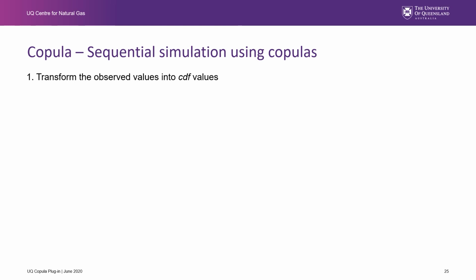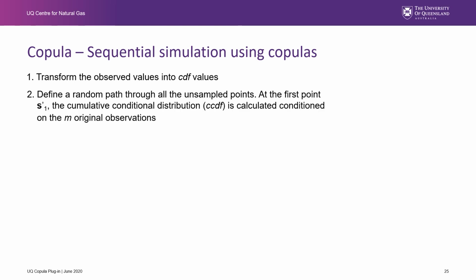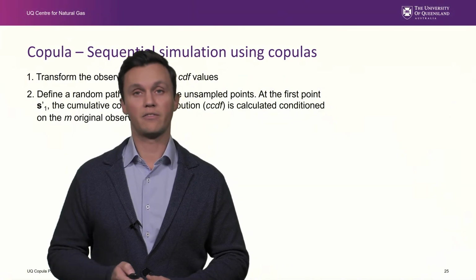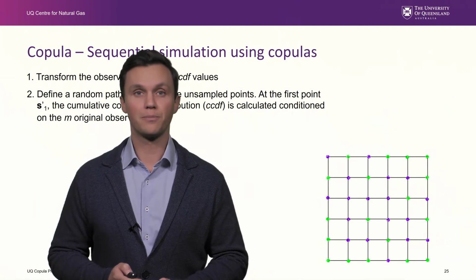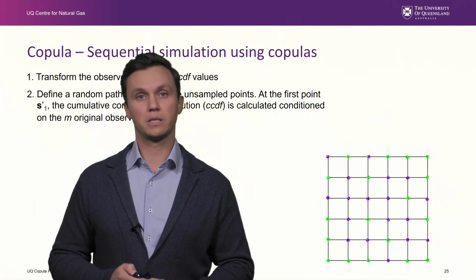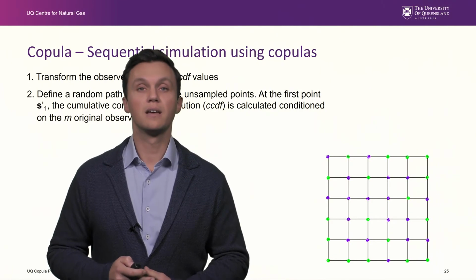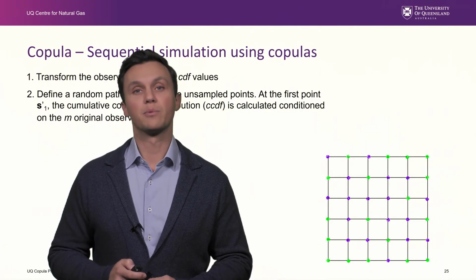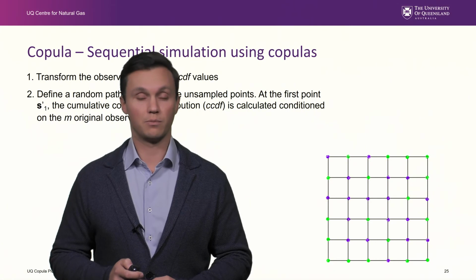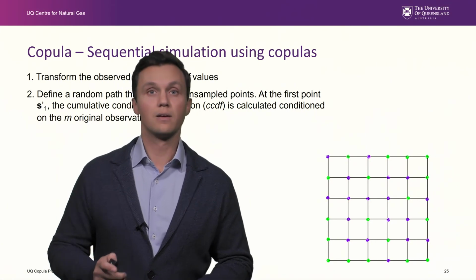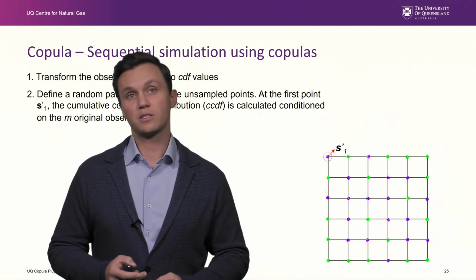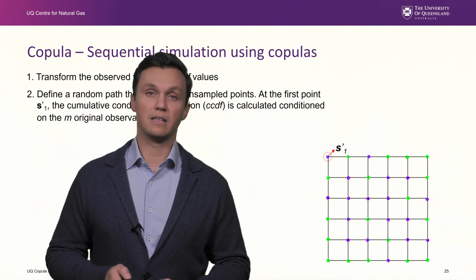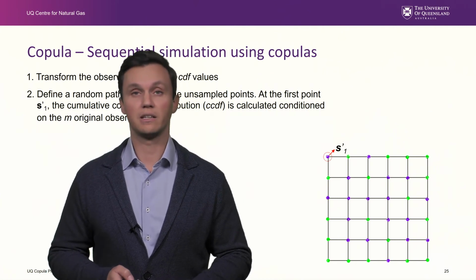Then we have to define a random path through our unsampled locations. So here we have a representation of our simulation grid, where the green points represent our observations and the violet points represent the unsampled locations at which we want to simulate a value. In this case, the first point in our random path is this S1 location in the upper left-hand side of